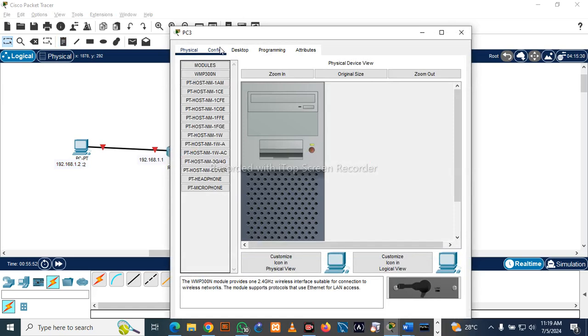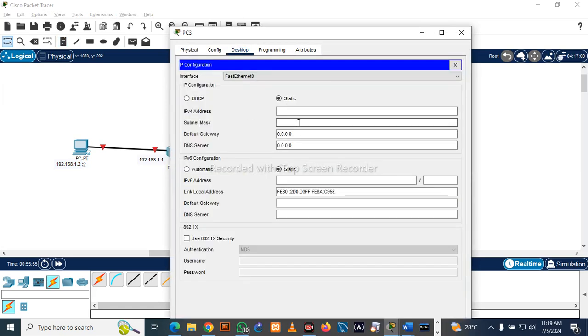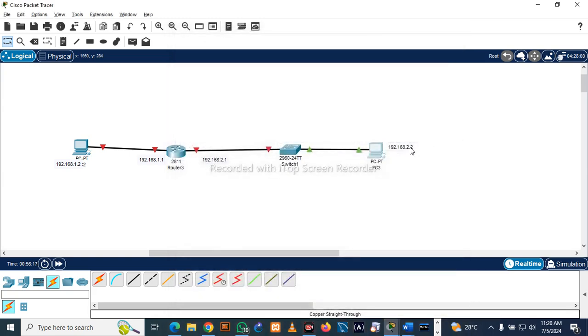Now do the same thing for this. .1 will be for our gateway, which will be .2.1. This one will be .2.2. Now I have to change this one to .2.2 here. No, this one is not right. .1.2. Now we have successfully configured